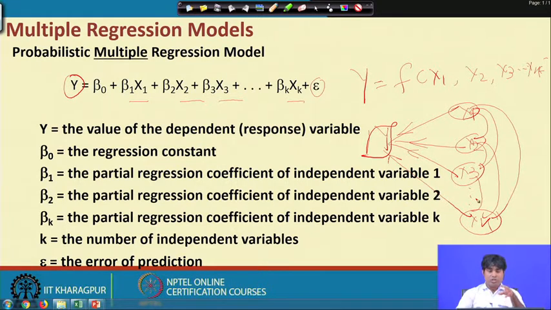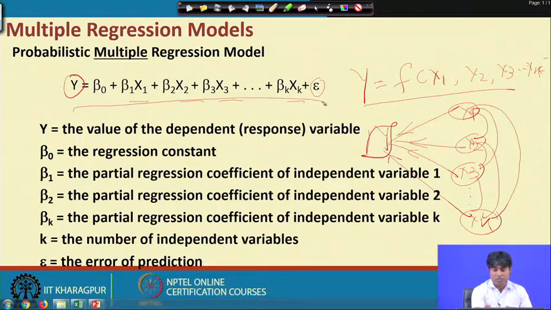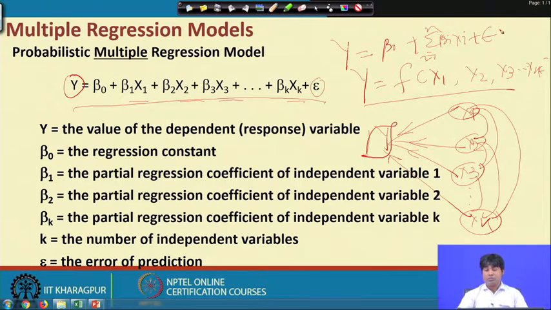So, as usual, the general framework of multiple regression is like this; this is the implicit format and this is the explicit format. Again, you can write the problem like this: y equals beta 0 plus the summation of beta i xi, i equal to 1 to k, plus epsilon, that is the error term.